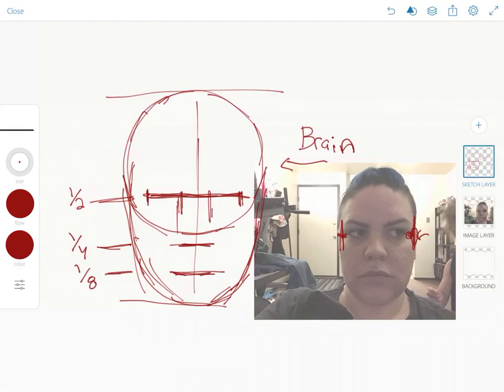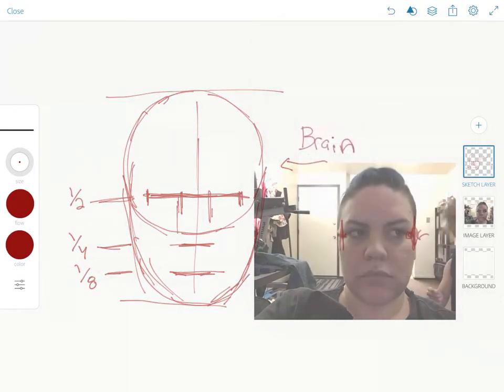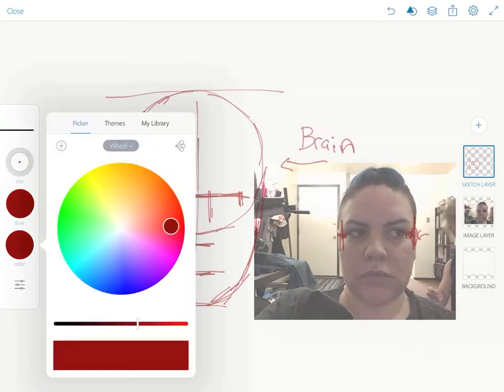Now that we have our basics with a half, a fourth, and an eighth, and we've divided our face, we are now going to start doing our details. So just like in our basic shape method, how we used our basic shapes to create